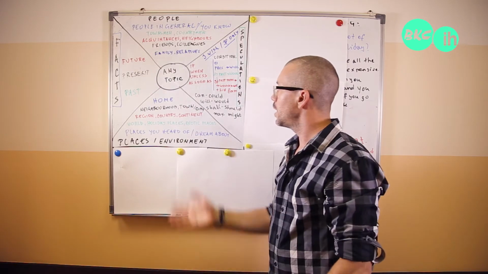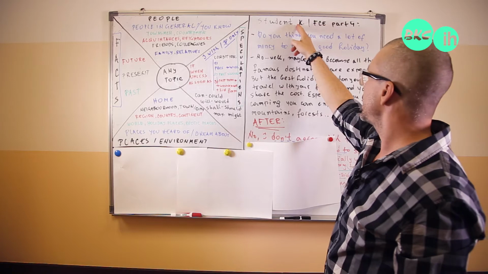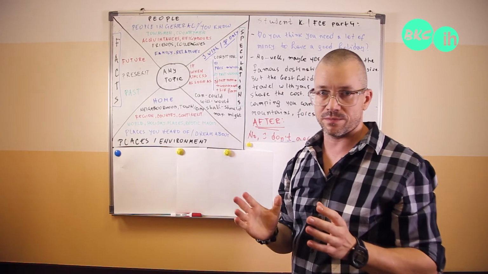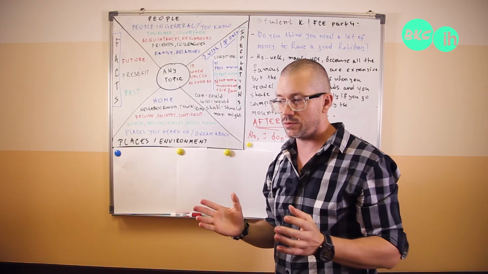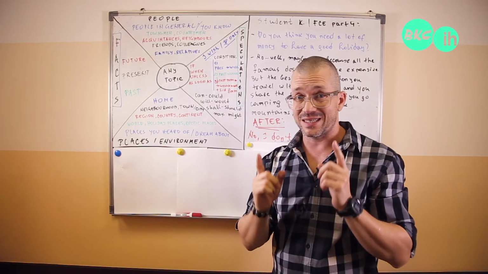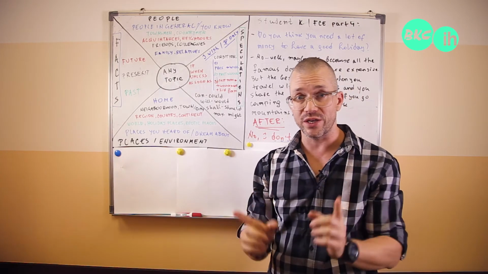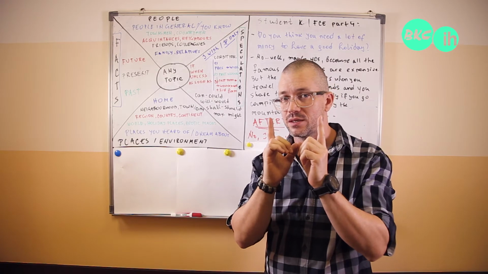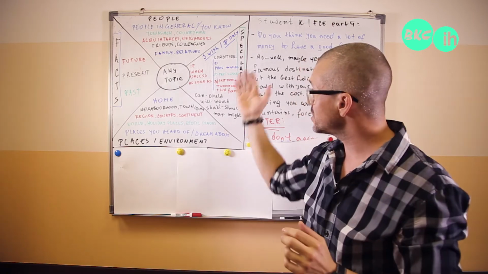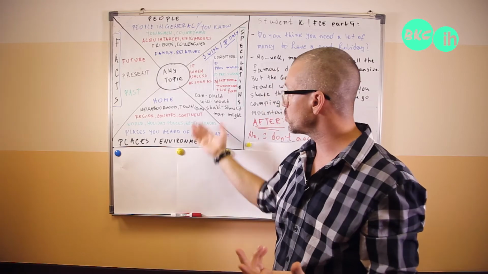Now, how does this work in practice? This is student K, and the exam is FCE part 4. So this is the final part of the exam, and this is your final chance to perhaps show what you can do. Because remember, the speaking examiner is not your teacher. The speaking examiner does not know how much you know, and you have only a couple of minutes, a limited time span, to show the range of things you can do. And this is to help you concentrate. When you run out of ideas, you can always think of these things.